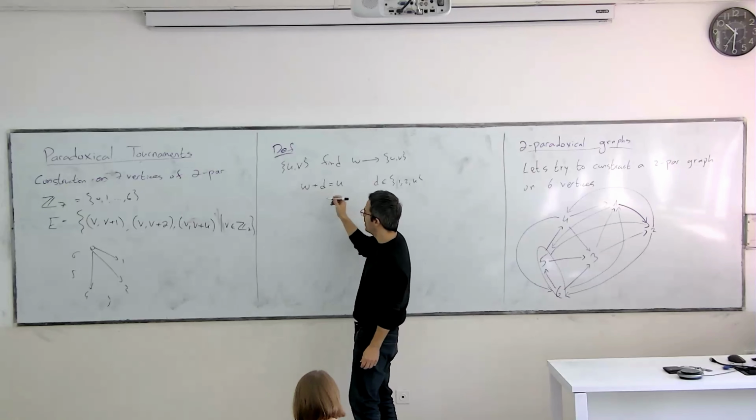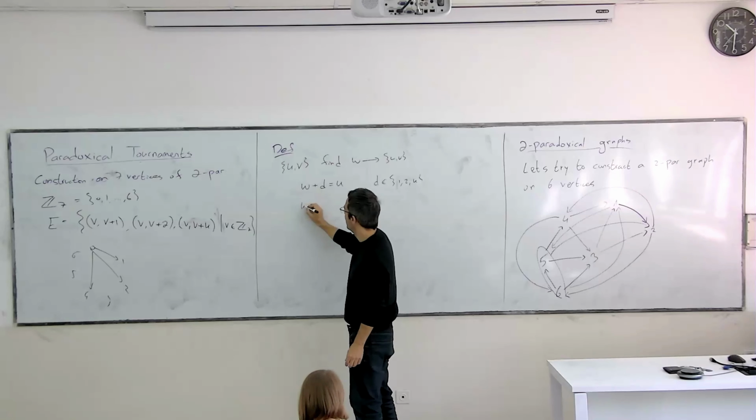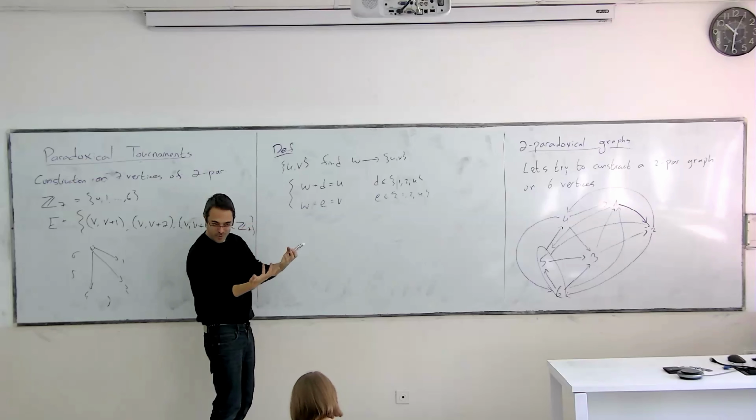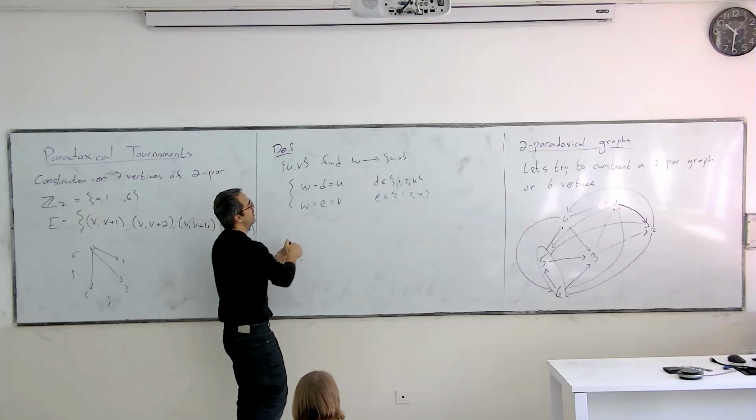And because W needs to dominate V as well, it should also satisfy the same condition, maybe with a different edge label. If you want to prove that the existing W is dominant as well, it's equivalent to showing that there is a W, a D, and an E in the different space. And actually, you don't need W, because you can write it without resorting to actually talking about W.